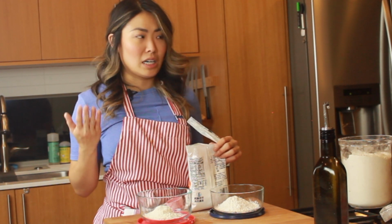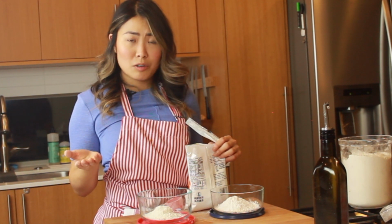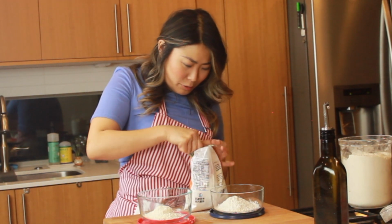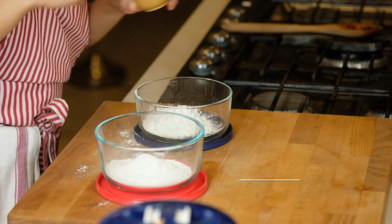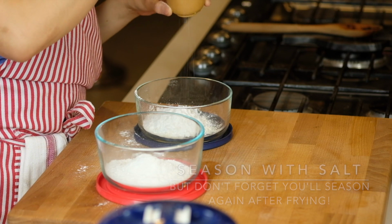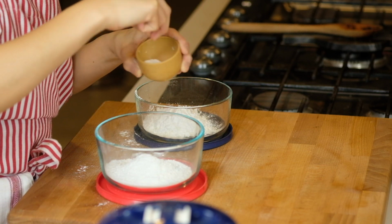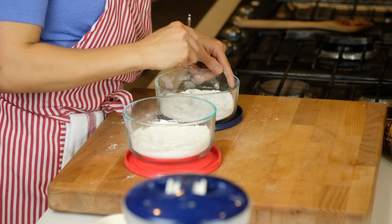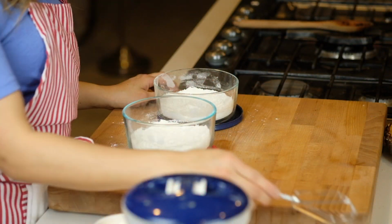If you can't find rice flour, you can actually make your own rice flour by grinding up rice in either a coffee grinder or a blender. You just pulse it till it's really fine. You can add other seasonings to your breading that would complement your dish. I kept it basic here since I'm showing you basics, but try garlic powder, onion powder, coriander seeds, chili flakes,